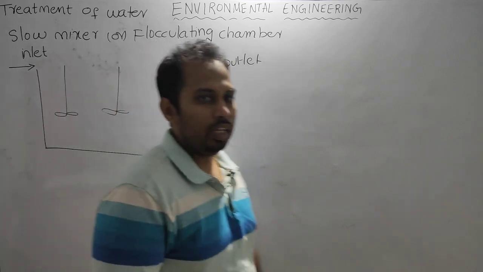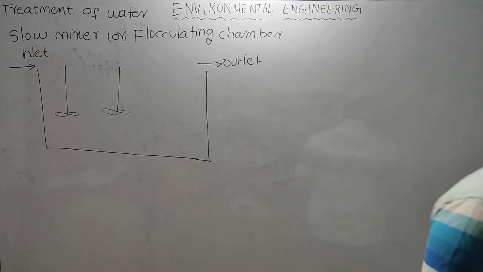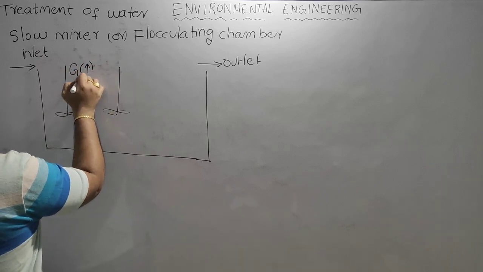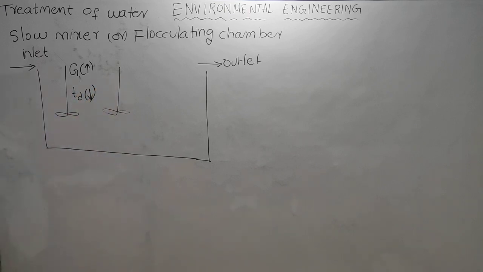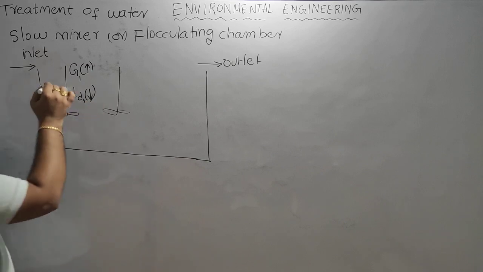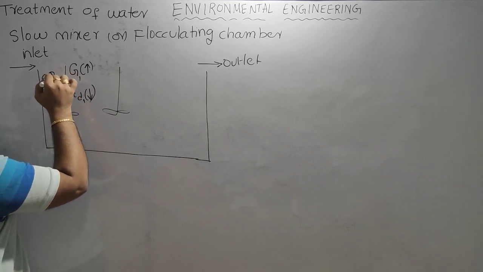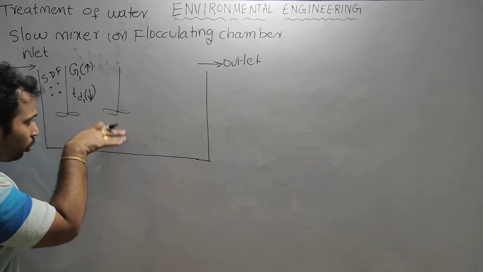Here in chamber 1, we will keep G more and T less. We will keep G1 more and TD1 lesser. Then what happens here? Smaller, denser flocks will form. When it is moving towards the outlet,